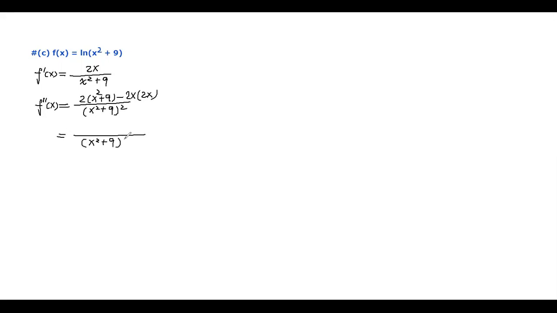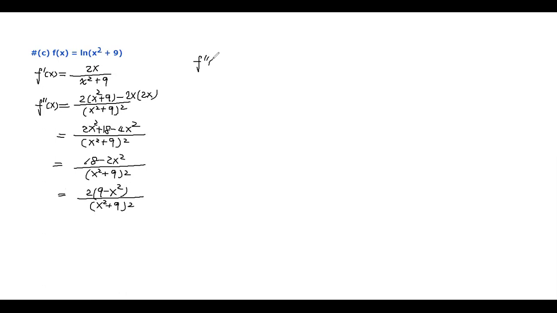The algebra part is not too bad. So this is 2x squared plus 18 minus 4x squared. Okay, so here it will give you x squared plus 9 squared. Hey, this is 18 minus 2x squared. Well, it's good. So this is x squared plus 9 squared, so it's 2 times 9 minus x squared, right? Okay, so now I set